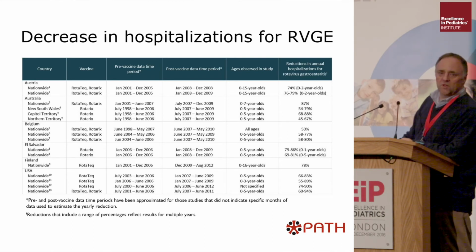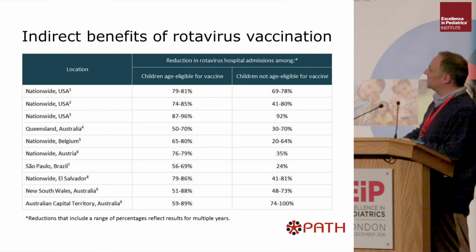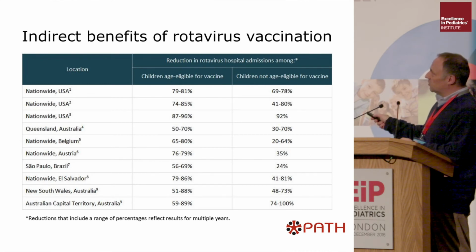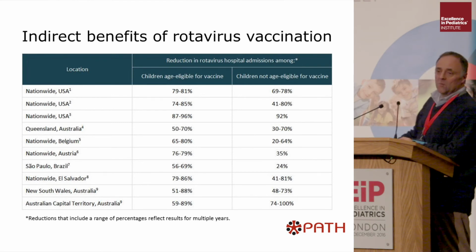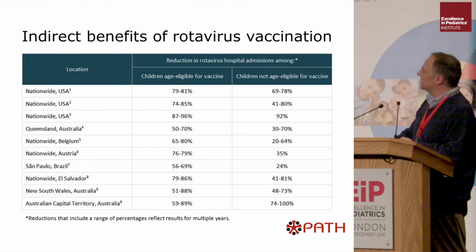And frankly, I do not understand the countries that say, nah, we're not going to vaccinate against rotaviruses, we're not sure yet. That is not really where the evidence lies. The effect is not only on the children that are age eligible for the vaccine. This is the reduction in rotavirus hospital admissions: high numbers, but also in children not age eligible for the vaccine, the numbers are going down. So the cohort effect is there, and the effect goes beyond the children that are vaccinated.